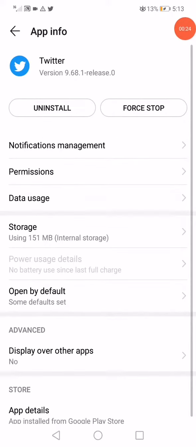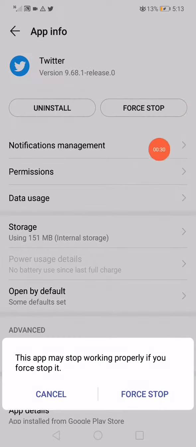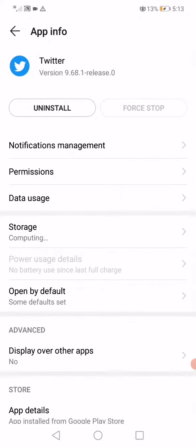After you open Twitter, now click here on this force stop option, and after you click on it, it will stop the app from running. As you can see, this app may stop working properly if you force stop it. So click on force stop right here down here, and that's it. The problem must be fixed now, but if it's not, you have to do another thing, which is go to